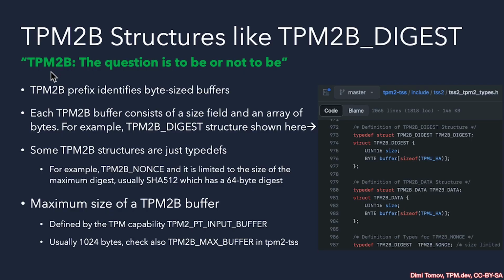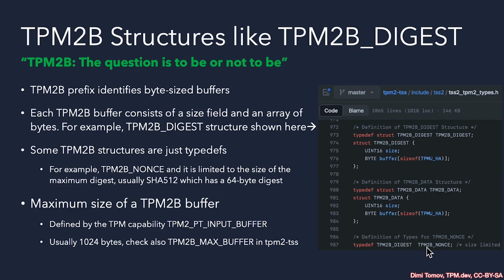Now, let's talk more about the TPM2B structure. The TPM2B structure is interesting in that you come across it often, and the moment you see TPM2B in front of something, be it digest, nonce, for example, or data, you can be sure this is a byte-sized array and it stores different types of information. It always has two members, size and buffer. And depending on what this buffer represents, we have different union types on top to match, so we can use that buffer more easily.